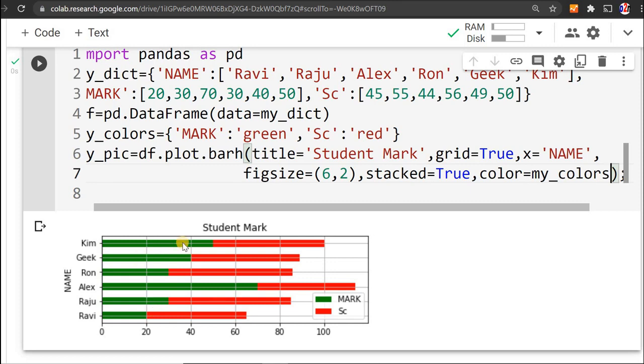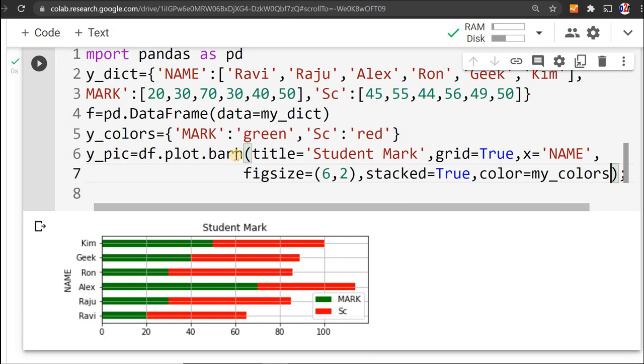You can see now the colors I can define. You can even have incremental colors, suppose based on the value. Each bar also you can give a different color. For that we have to write 6 different colors, so it will assign them. So this is what we have declared about stacked, rotation and color we have assigned. Now you can use index or the names also. Here it is names. Here we can give the index also, if index is 0, 1, 2. For that we have to use index true or false.